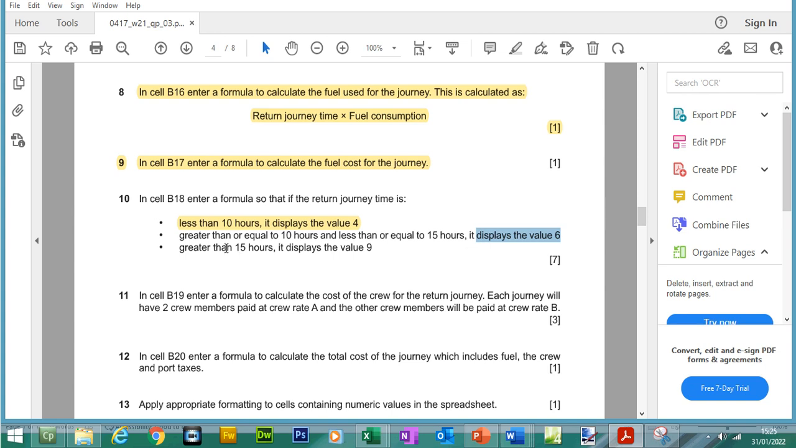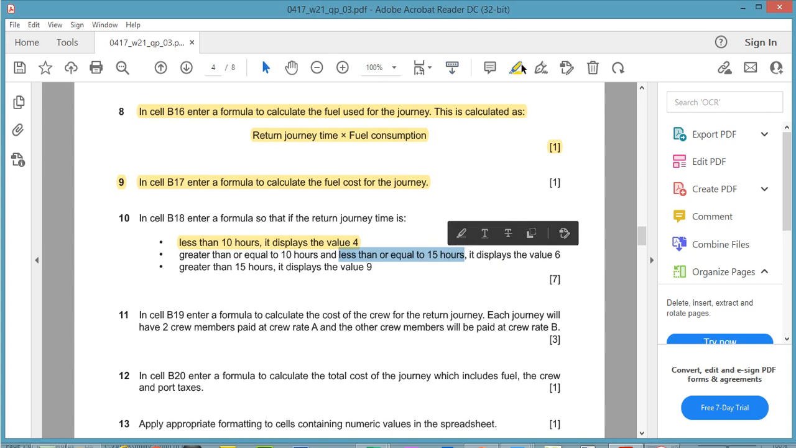Okay, I'm just going to go ahead and read the next part. Greater than 15, it displays the value 9. Now there's a couple of different ways in which you can do this. I'm going to do it like this, guys. So if it's greater than 10 and less than or equal to 15, I'm going to focus on this part. This is what I would normally do. So if it's less than or equal to 15,